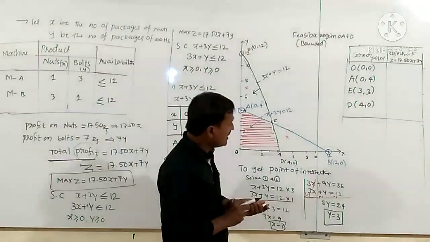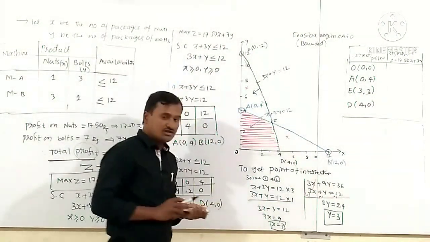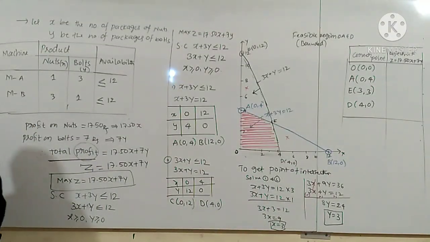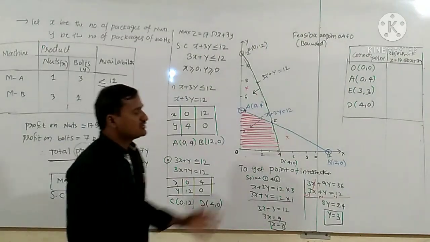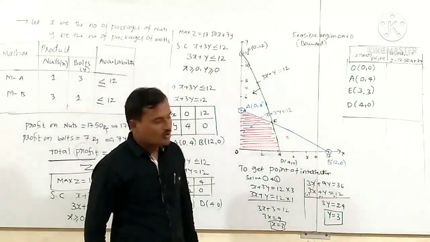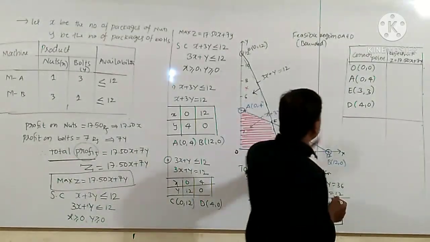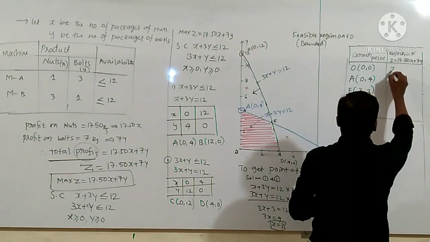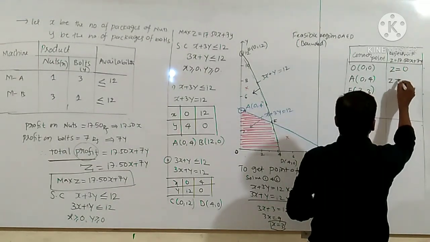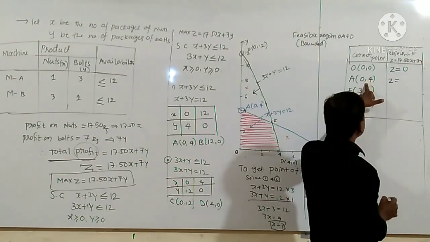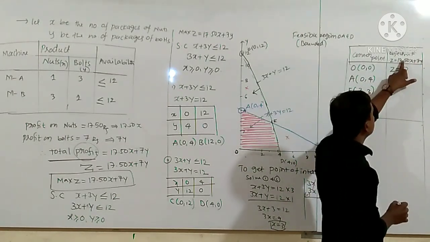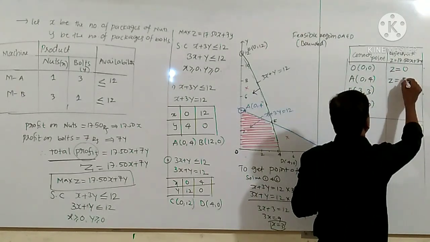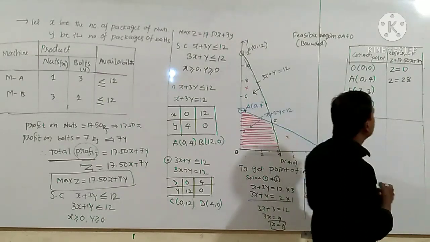Is it right? So I have written this table here because, whether the feasible region is bounded or unbounded, its solutions always exist at the corner point. Now I will replace the value of x and y in the objective function. So here it is 0, and what is the value of x? 0. 0 into this term becomes 0, and here it is 4 into 7, so here it is 28, right?